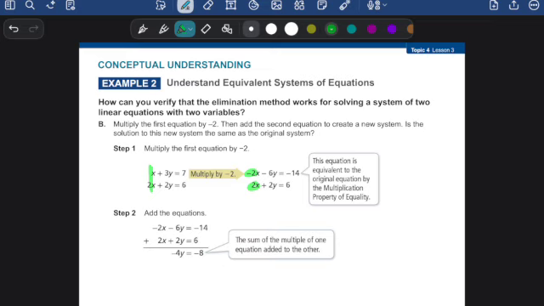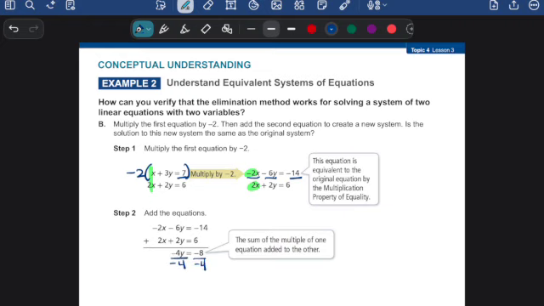So all we did is we multiplied the whole first equation. So make sure you're multiplying the whole equation by -2. I like to put parentheses around it to remind myself I need to distribute the -2 to every term inside the parentheses, including the constant. So -2 times x gives me -2x. -2 times 3y gives me -3y. Don't forget to multiply by the constant. And now I have a new system, and I can add those two together and solve